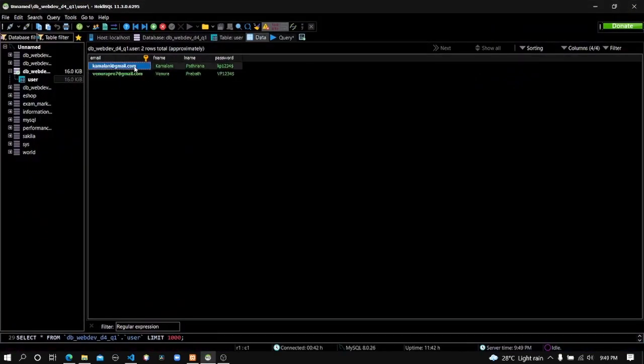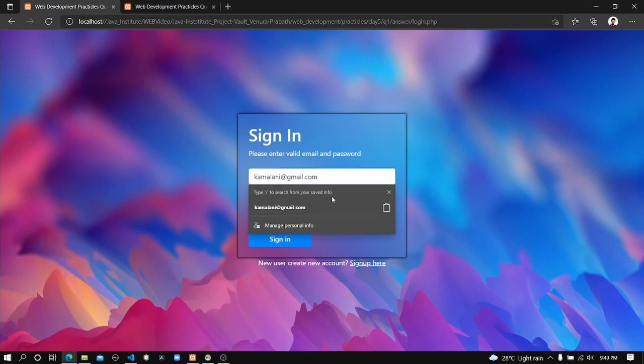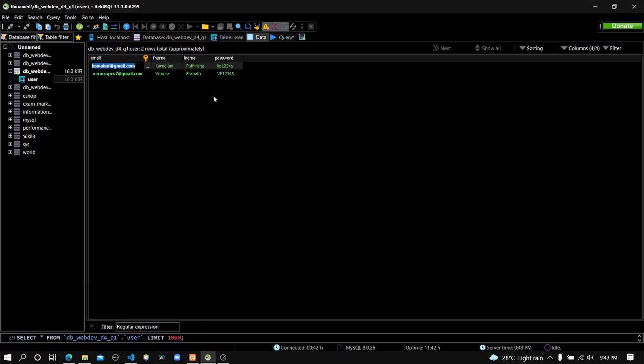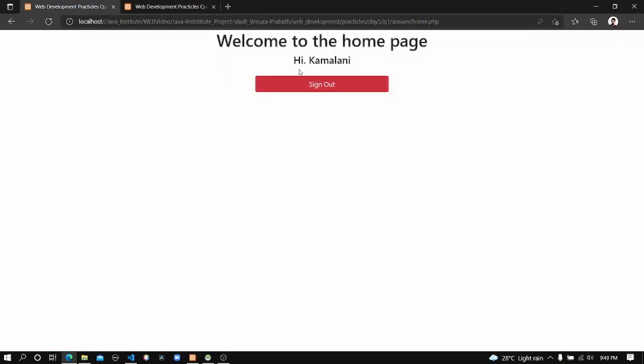Let's try another user, and here is a password. Now I'm going to click on the remember me option. Okay, let's sign in. You can see I signed in same as the previous attempt, and let's sign out from